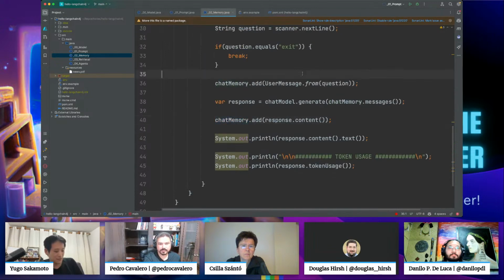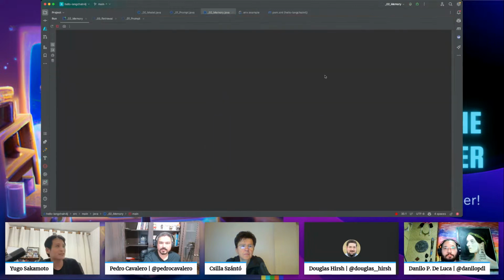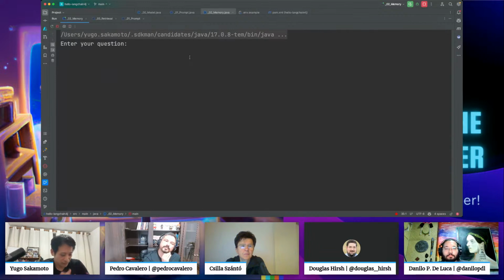So maybe running it is easier to understand, to see it working. So JavaBot, like in the example before, write a Java hello world example.